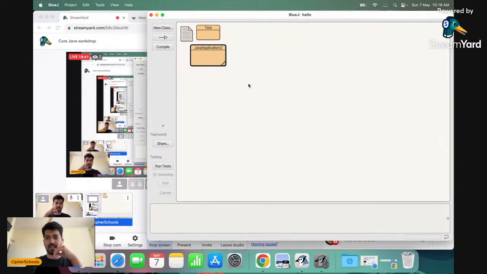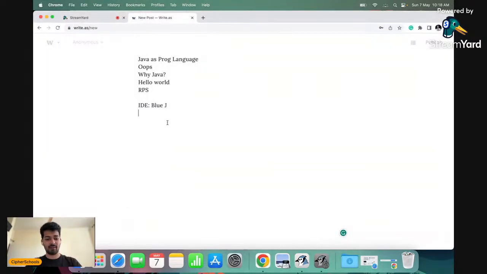And in Java, when we talk about the concepts of an object-oriented programming language, we write the program from the class, right? So let me just show you over here. If I take you back to the good old days, the C language, the code usually used to start from here, right?